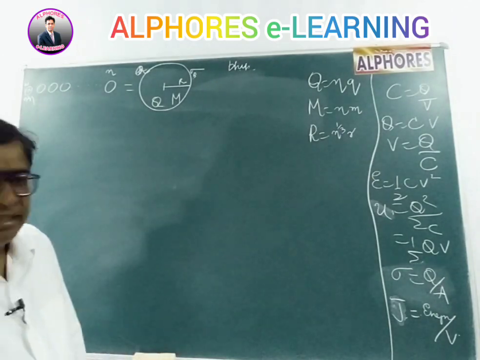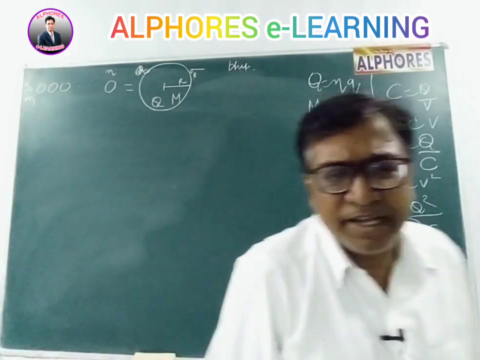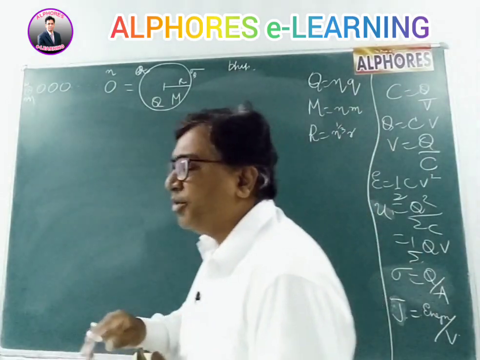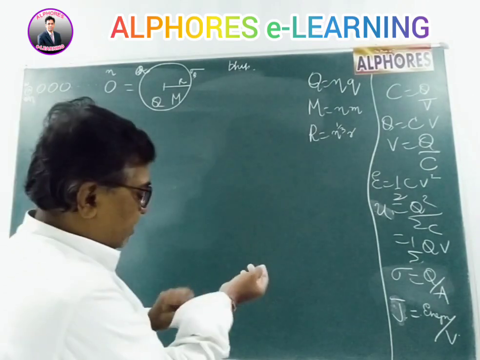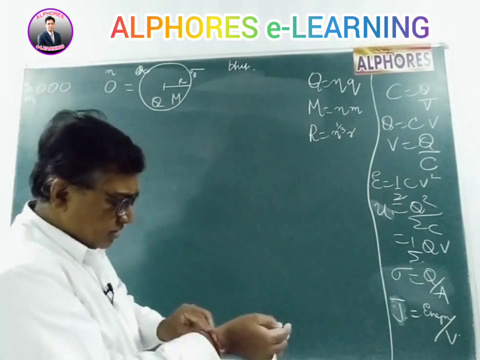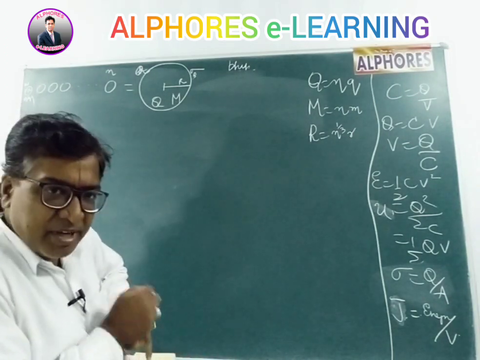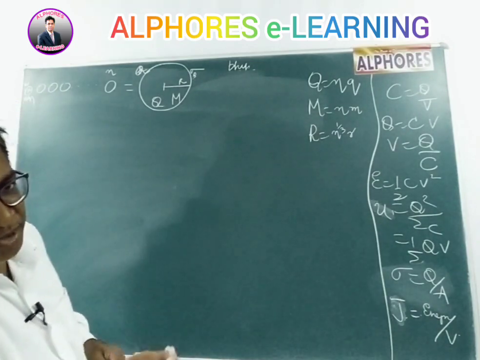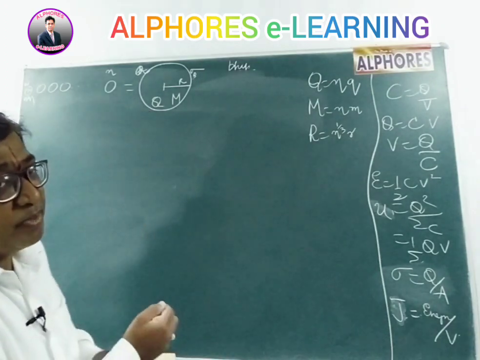Volume is constant. Volume of the bigger drop is the volume of the smaller drop because no part of the matter is being lost. So equating their volumes, I get the radius. The radius of the bigger drop R is equal to n power 1 by 3 times the radius of the smaller drop. So capital R is n power 1 by 3 times small r. Good. Now let us come to the next parameter.